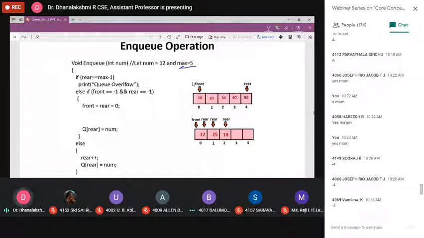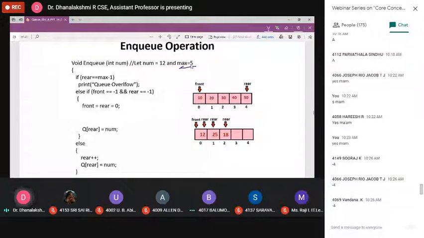So first we need to declare the array size. At runtime, we can't increase or decrease that array size. So the very first, most important step is you have to declare the array size. That is static memory allocation. For example, consider throughout this example, my array size is equal to 5. That is the first step.